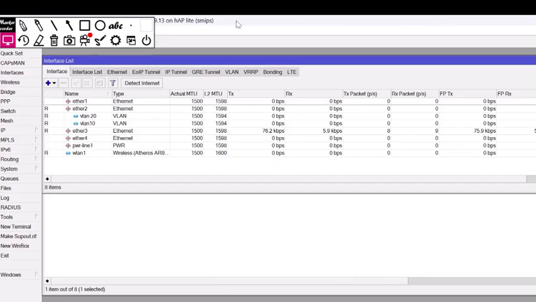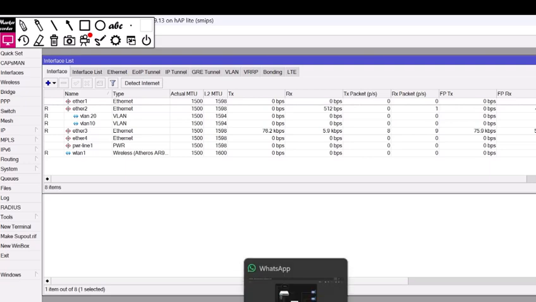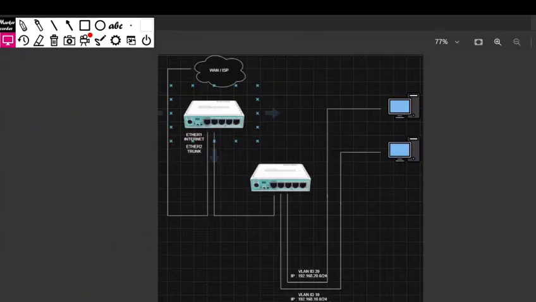Next, after you add VLAN 20 and VLAN 10, you can go back and set the router one, the router two, sorry.